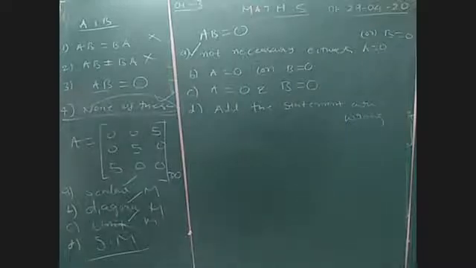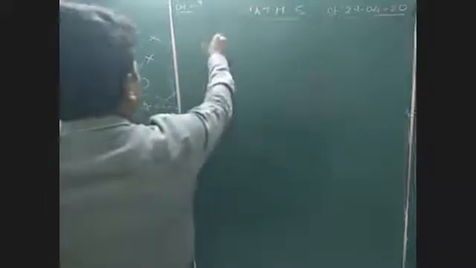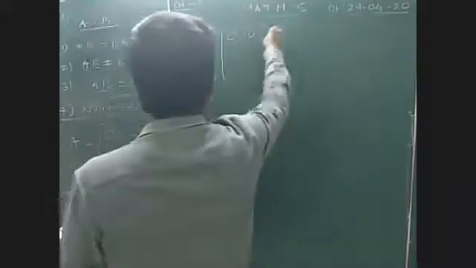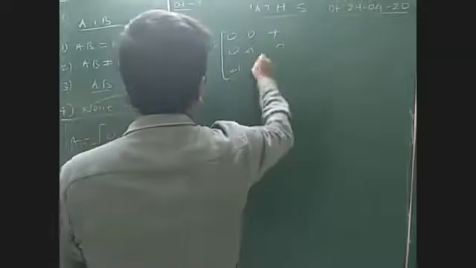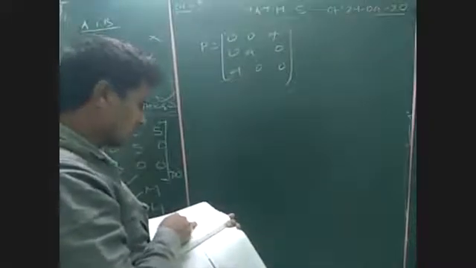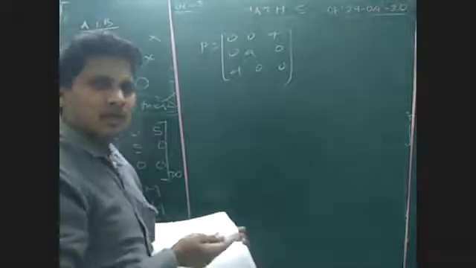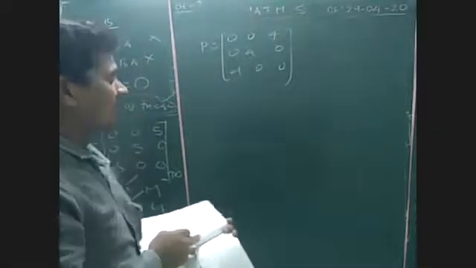Let's see one more question. The remaining questions are very easy. Whatever I enter on the board, these are the only logical questions. Look here, again they've given one more question like the same. C matrix is given as 0 0 4, 0 4 0, 4 0 0. In the previous question I gave 5 here, now 4. So the first option is square matrix, second option diagonal matrix, third option unit matrix, fourth option none. Which one of the options is right?